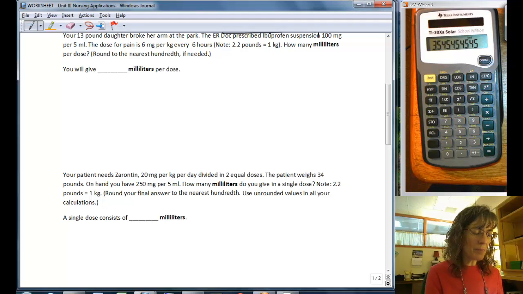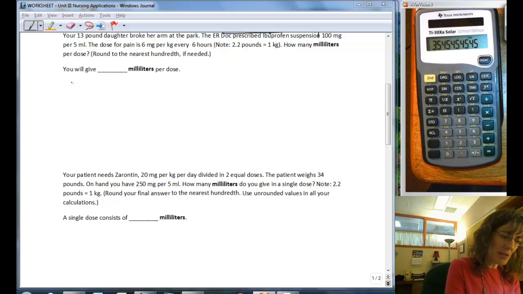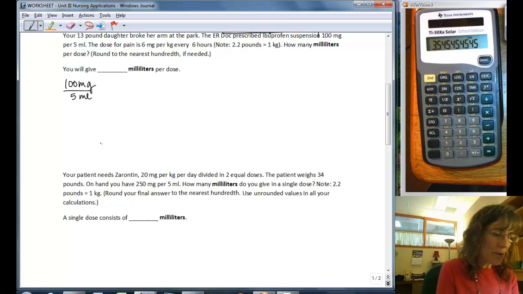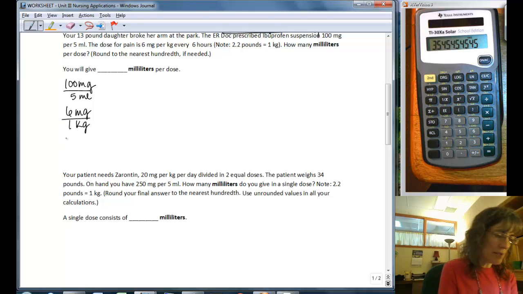All right, here's another one. Your 13-pound daughter broke her arm at the park. The ER doc prescribed ibuprofen suspension 100. I can see it's a ratio, so I'm going to write it out. 100